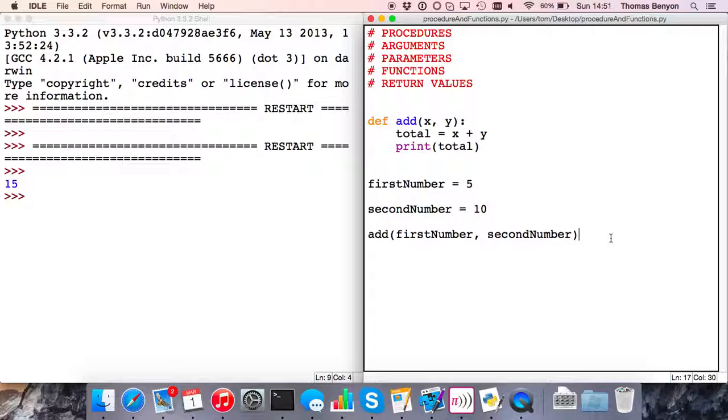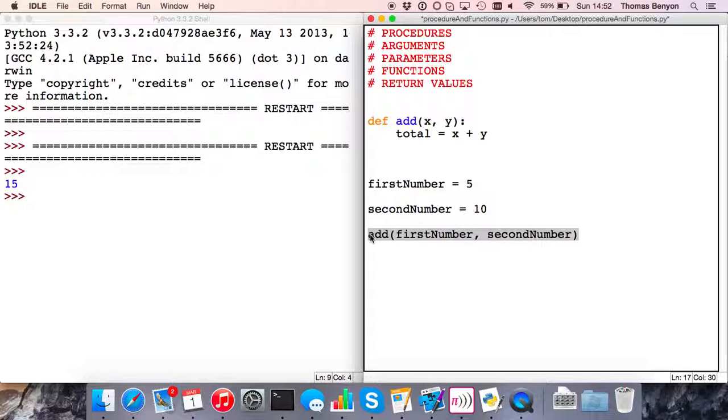Now, the next thing we might like to do is look at how we could turn this into a function. So a function is almost the same thing, apart from it has a return value. So we're really talking about these two extra terms that we've got here. Now, what we often want to do is separate what we graphically print out from the actual mechanics of what is going on. And for that purpose, as part of the job of the add, I don't need to print, because printing has nothing to do with adding. What I might like to do is to print